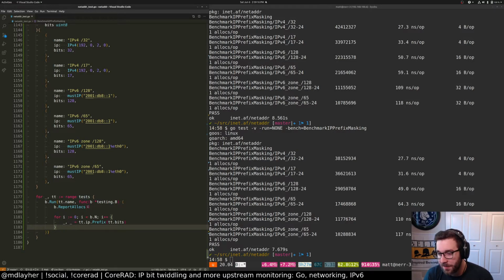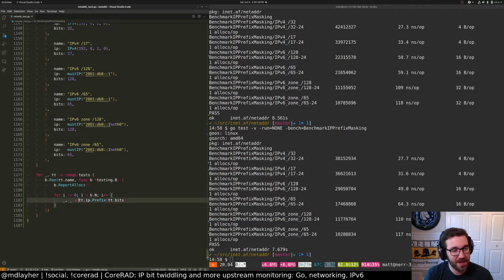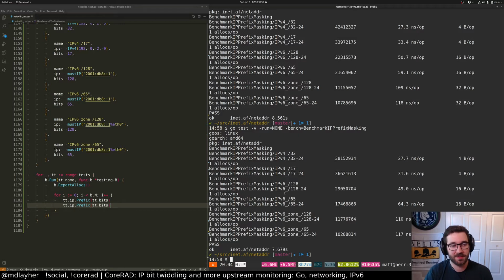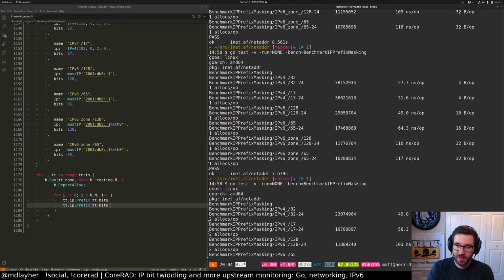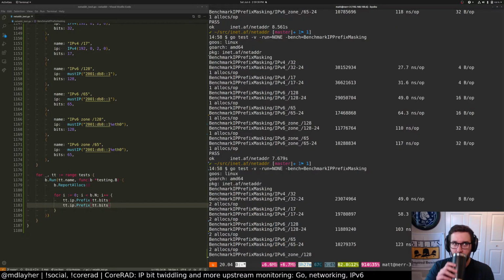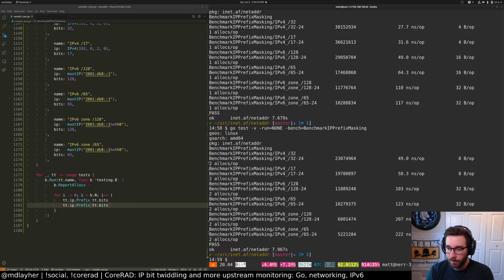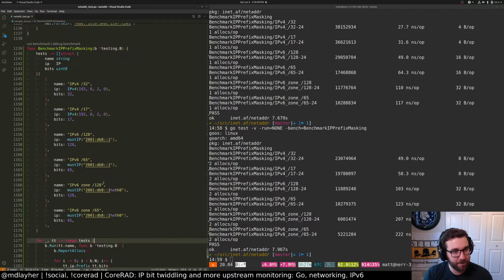To check, add a second prefix op in the loop, verify that the bench time doubles. Yeah, I'm sure it would. Let's see here. Looks like about double, assuming that's what you meant. To check that the benchmark is actually running, I have trust issues with looks good to me. Yeah, this looks good. I think we're in good shape.